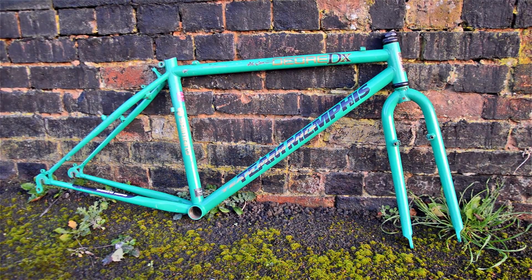So next up on the list of things to do is this mountain bike. I mean, literally everything I know about it is on the frame. It's Carter Team Memphis, and it used to have Deore DX components on it. It's made by Townsend Cycles, and that is pretty much everything I know. Don't know the year,